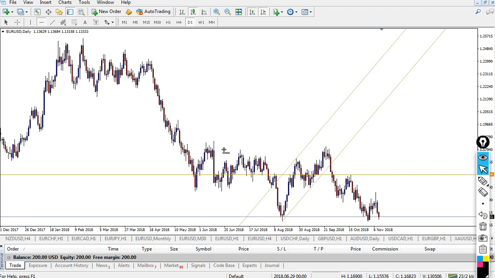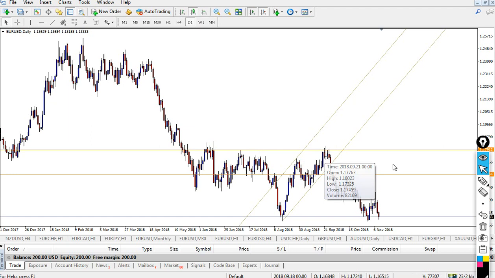Now where is our pullback? This is our breakout candle. So this is a pure resistance line. Now when we see the market go up and down, it's normal. In trading we see these things daily, so we are relaxed. It's no problem. It will go more up, like it moved there, then we take sell.